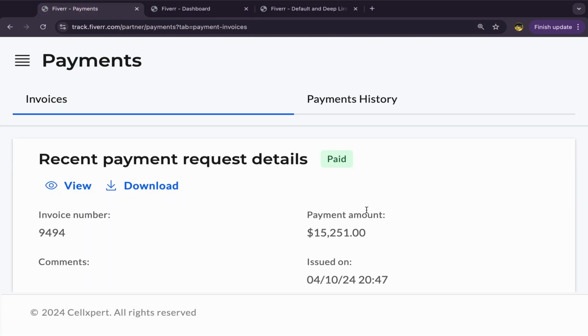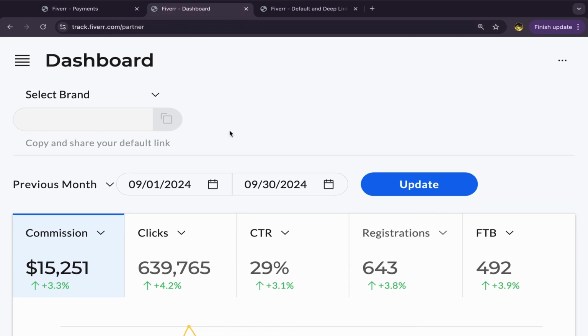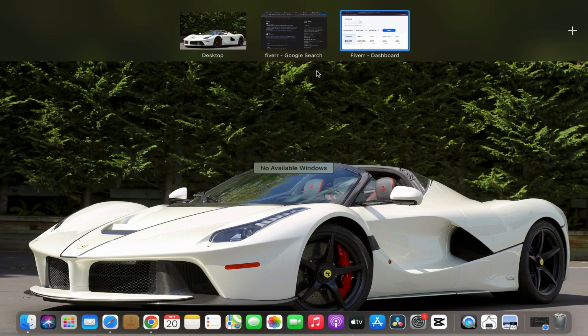And just last month this payment was paid, okay? As you can see over here, this is my invoice and I already received this money in my PayPal account, okay? Anyway, for people who are interested to start making money with Pinterest affiliate marketing, step number one, go